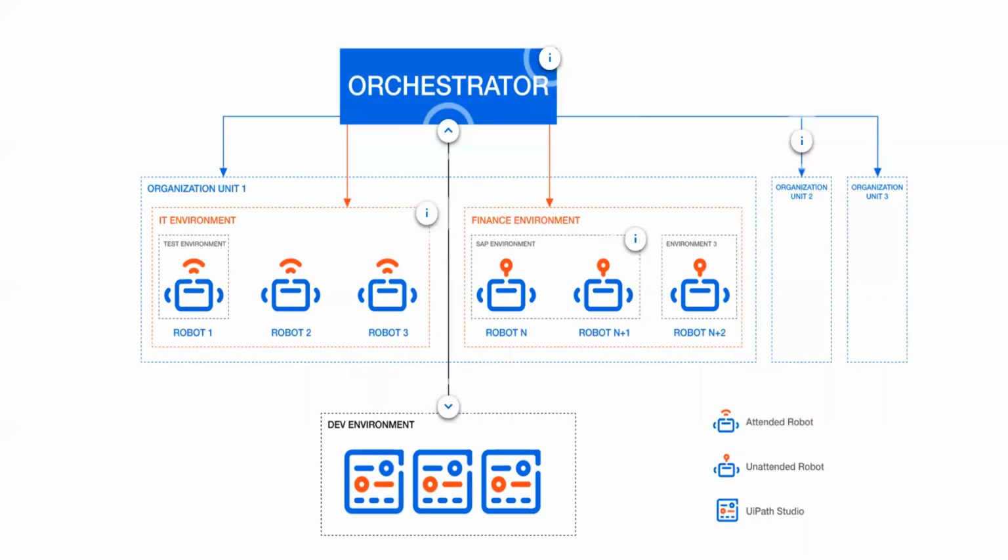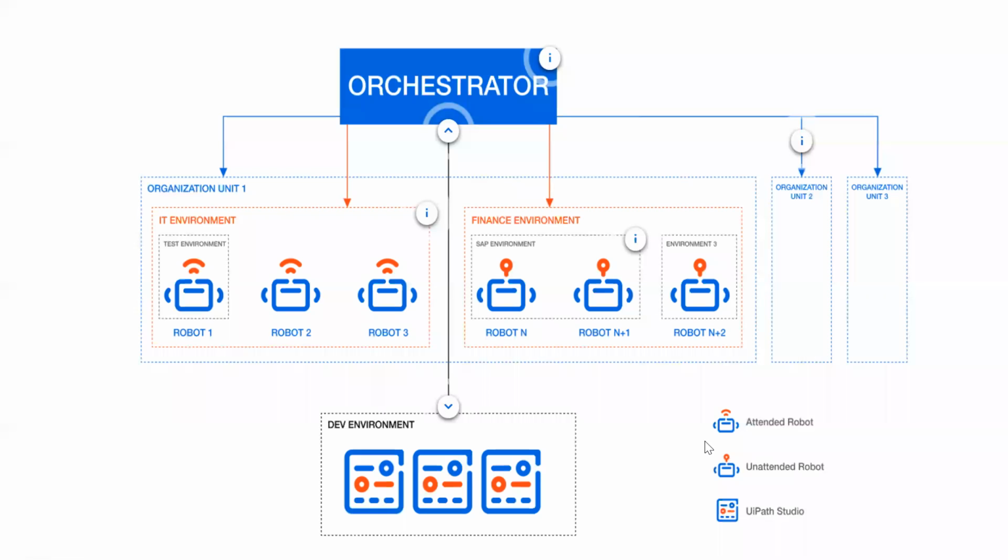Then in the finance environment, we are trying to automate the SAP environment. As you can see, robot N to N plus one lies under the SAP environment. So that is one environment. Don't worry about what this environment and organization is, Priyanka will be showing you a complete demo on it. You need not worry about that. But right now, just try to get a brief overview about what is orchestrator and how an orchestrator looks